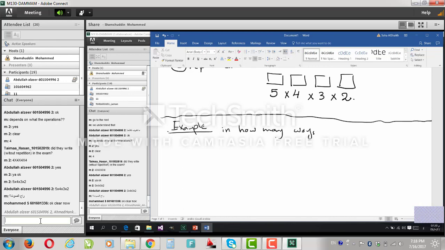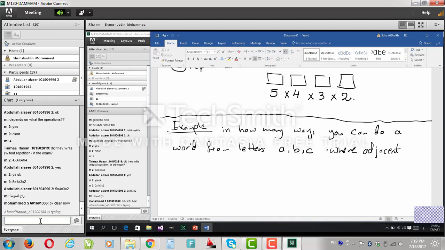Let me give you one more example. In how many ways can you do a word from letters B and C, where adjacent